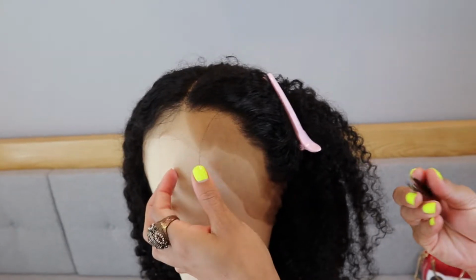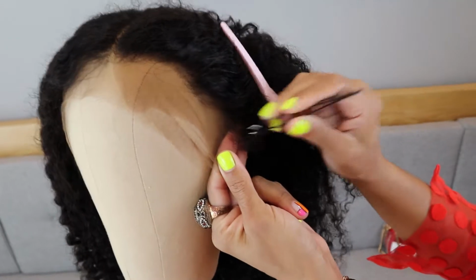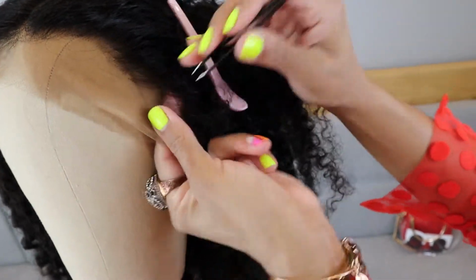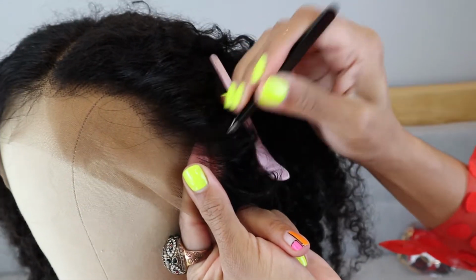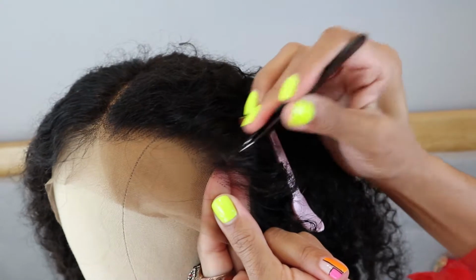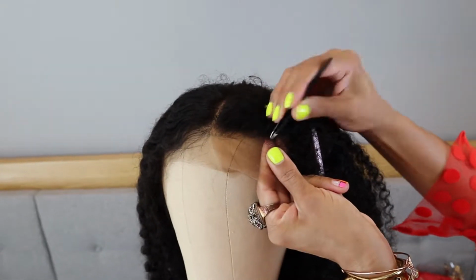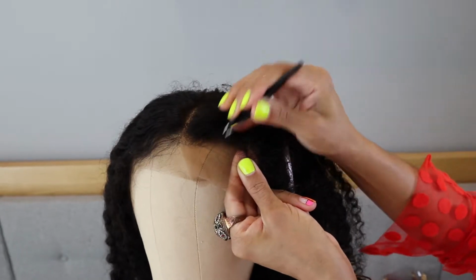So here I went ahead and wet the hairline. Now I'm gonna work my way from one side to the other. My suggestion is that you pluck about 4 to 5 times in each area, just to make sure that there's no bald spots and you're not staying in any area too long. So I go from one side to the other, but I'll do half first to the middle part, and then do the same exact thing on the other side. So you just want to gently pluck